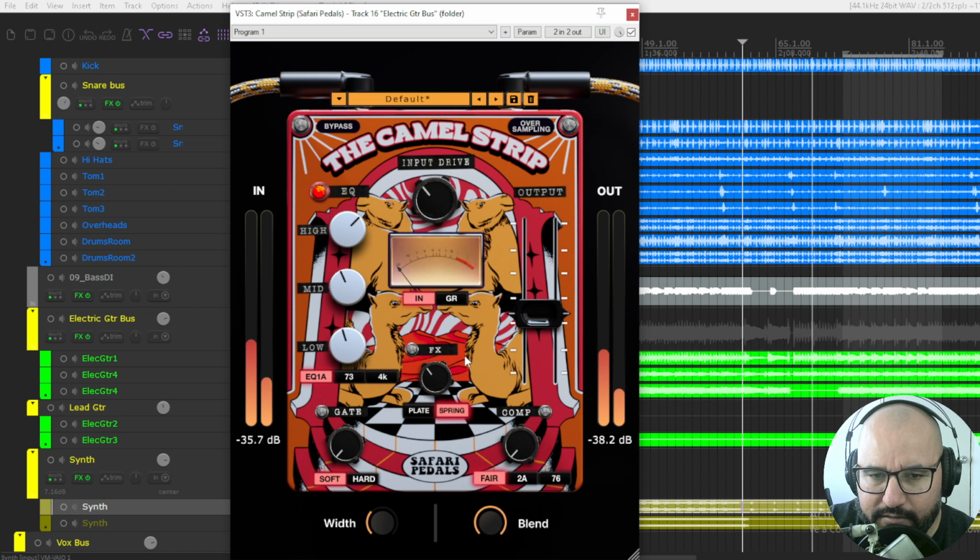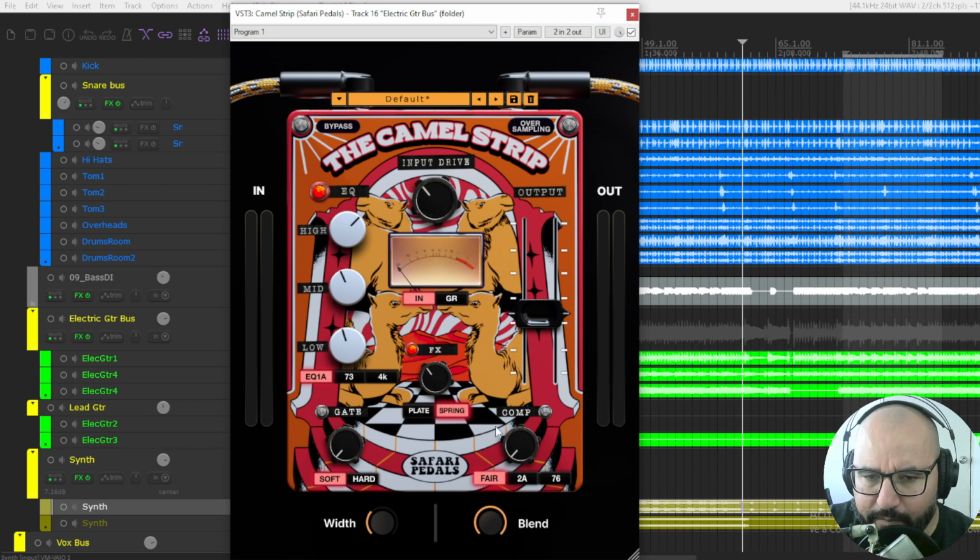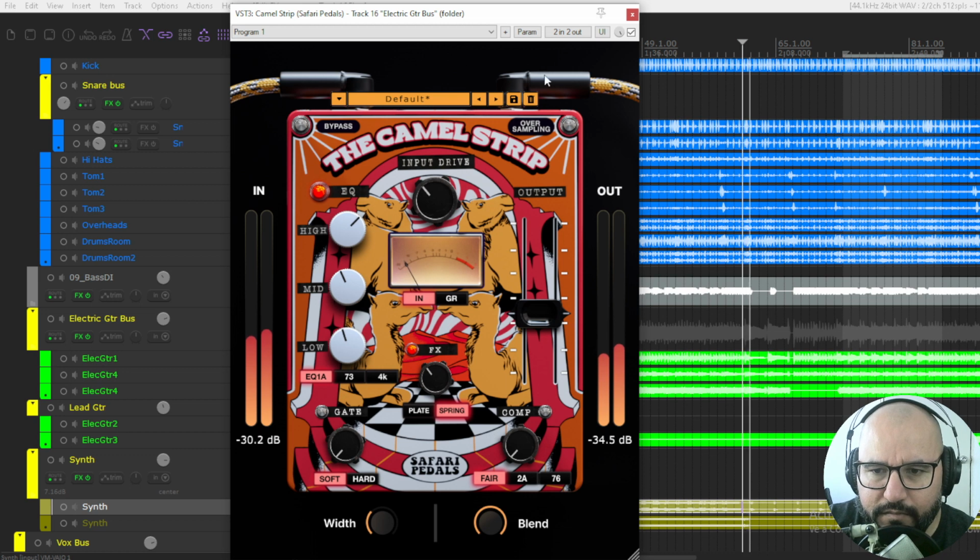No effect, completely dry. Right, you get that cool reverberation, and we don't have compression. I think I don't need it. I reduced a bit here the output, so the whole effect